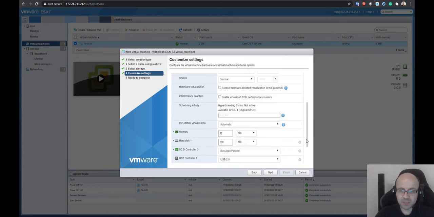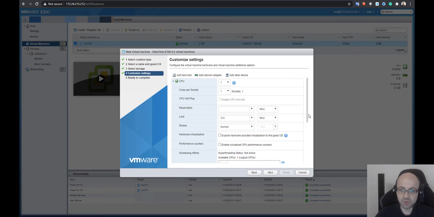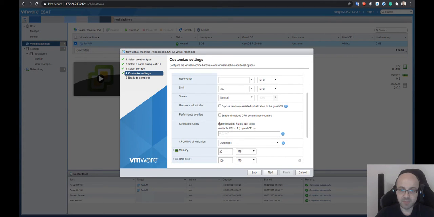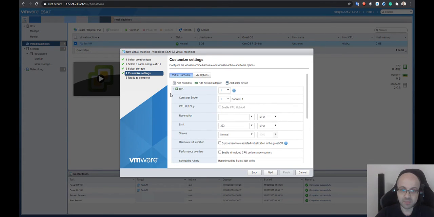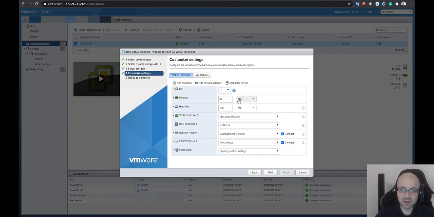And there are a bunch of other options which we are not going to enable. For example, this one doesn't have hyperthreading, and it's the most basic setup. So we have one 300 megahertz CPU, a computer with 32 megabytes of RAM, and 100 megabytes of disk storage for MS-DOS. This, by the way, is useful to deploy some old or rare systems which you want to test, and you wouldn't have to come up with a specific hardware configuration because you can emulate any type of configuration which is